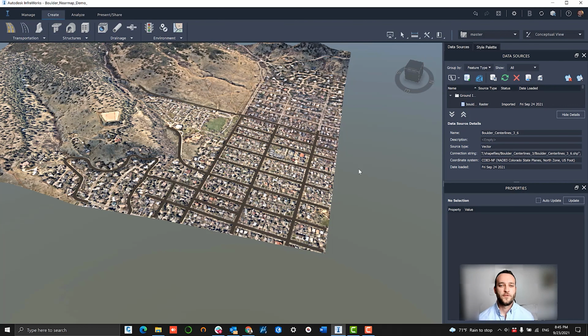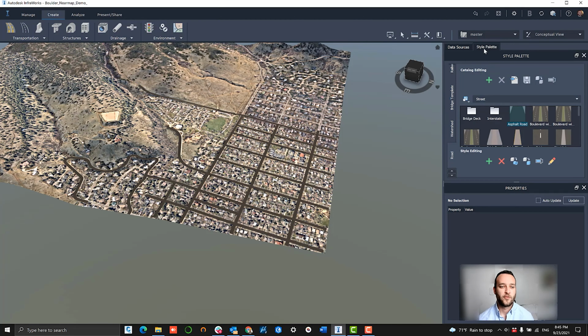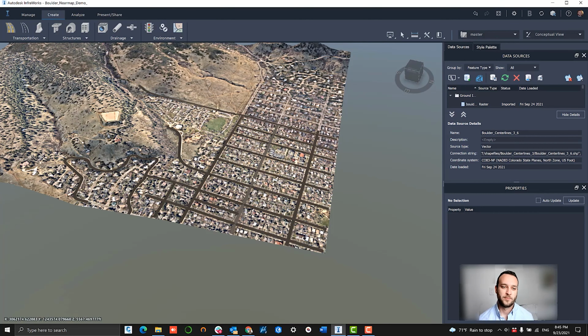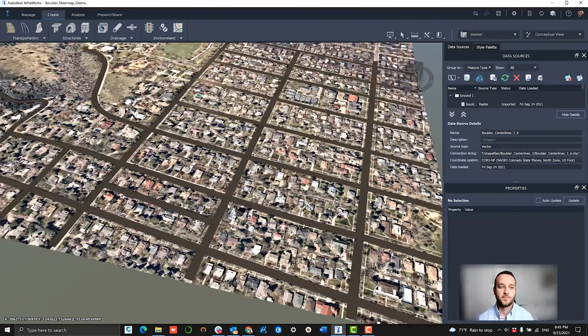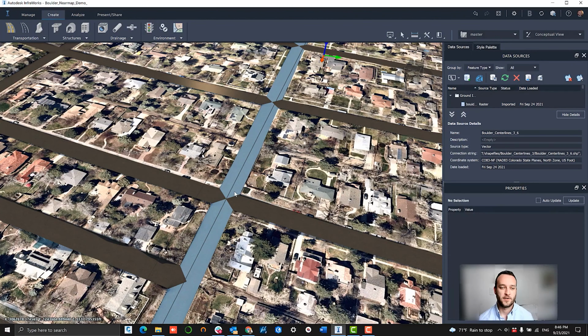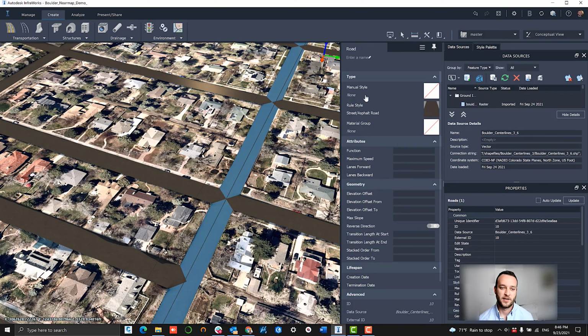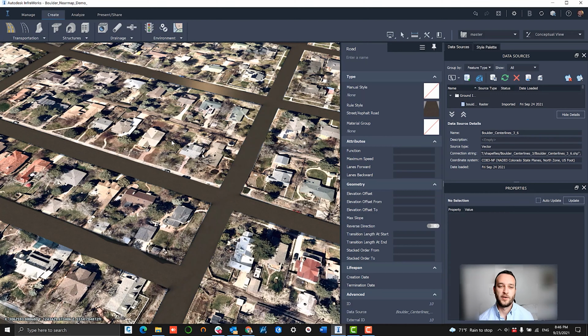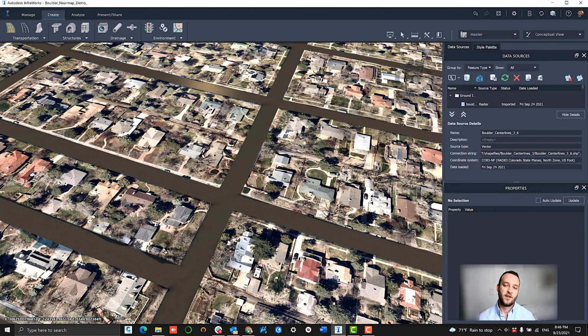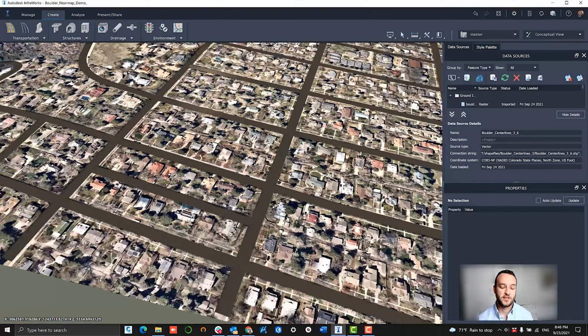All right, so after just a few minutes, our shapefile center lines have been converted into InfraWorks road objects. These have loaded as planning roads on this asphalt default style that we selected. And as you can see, when we select it, we have a number of attributes that are built in. This is some of that utility that InfraWorks can offer, where it can help to automate a lot of the design process, loading design standards, assisting the engineer to make design decisions. So these are just existing roads.